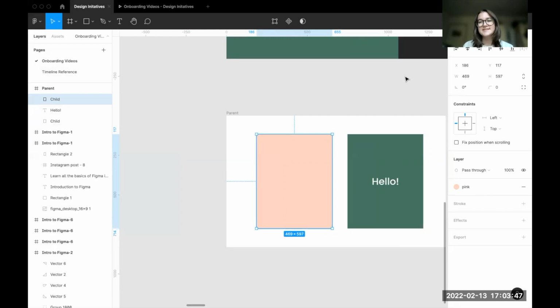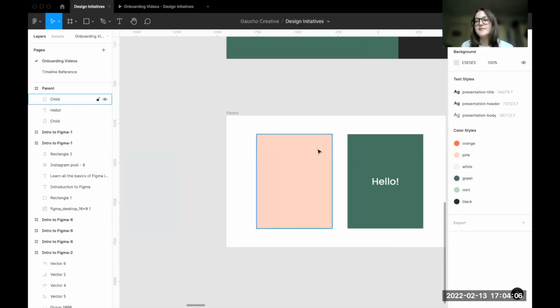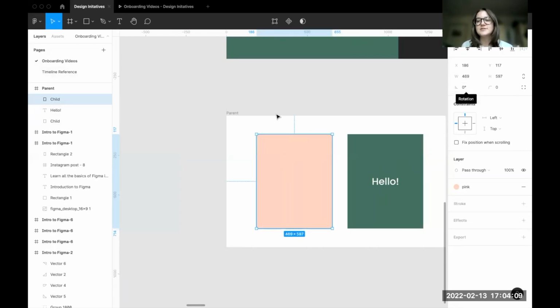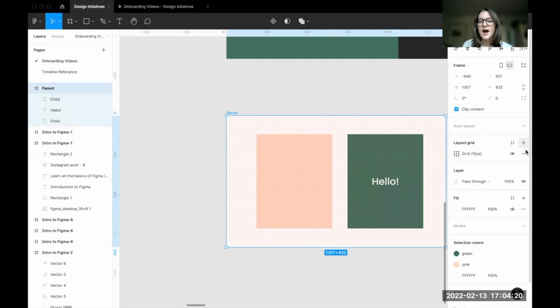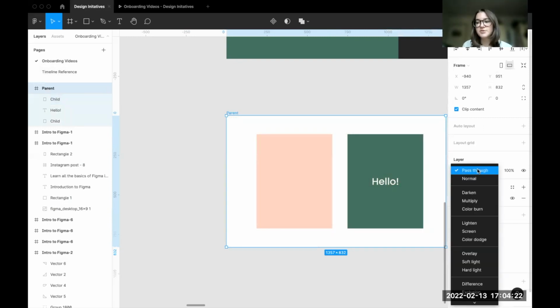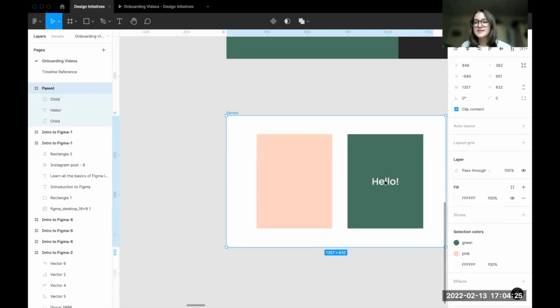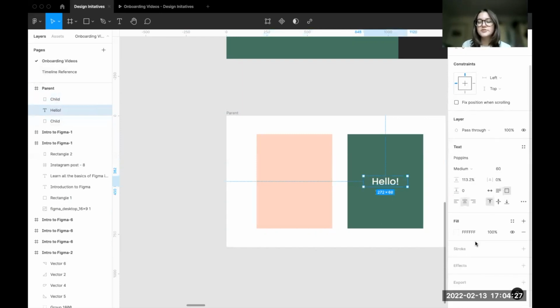Inside, we have the design tab, and the design tab allows you to add, remove, and change the properties of objects within your design. For instance, you'll have alignment and distribution, frame size and orientation, position on the canvas, X and Y, dimensions of the object, width and height, any constraints, a layout grid, which I can show here, the layer, which are essentially the blend modes, any text settings, fill, stroke, effects, and export settings. So that's pretty much all you need to know for that.